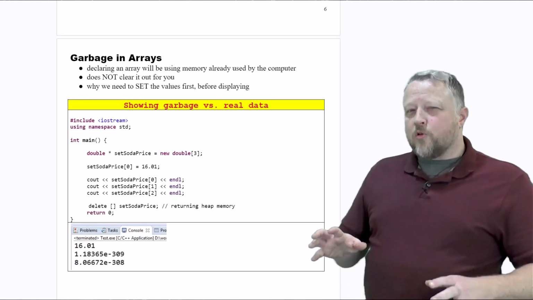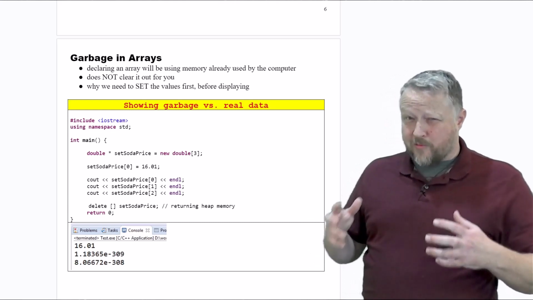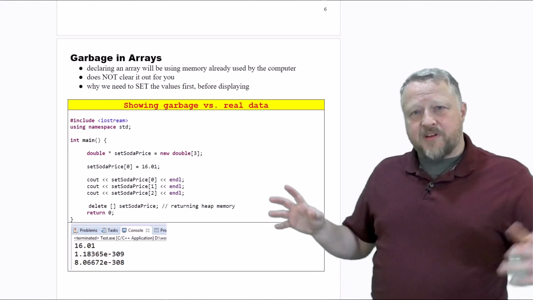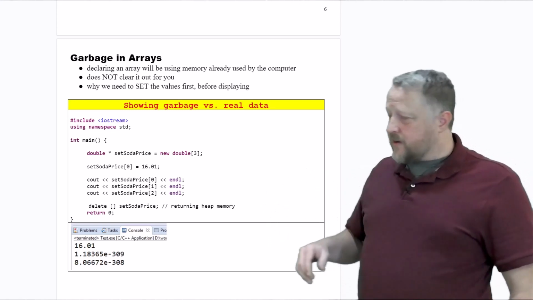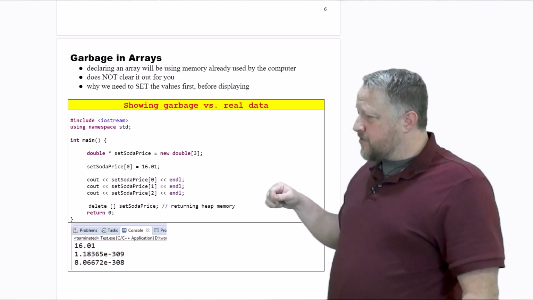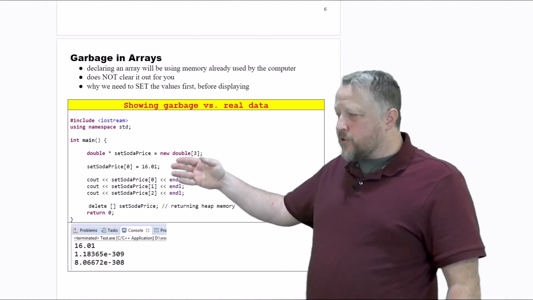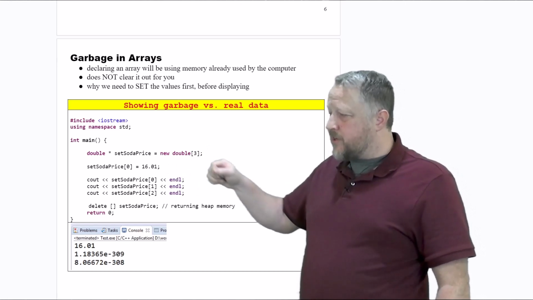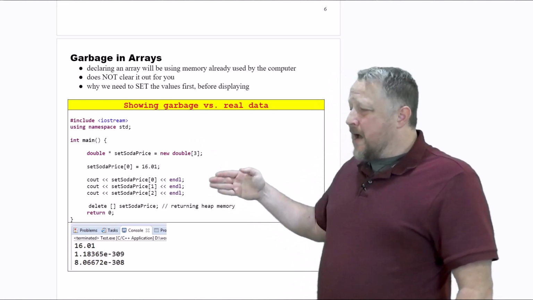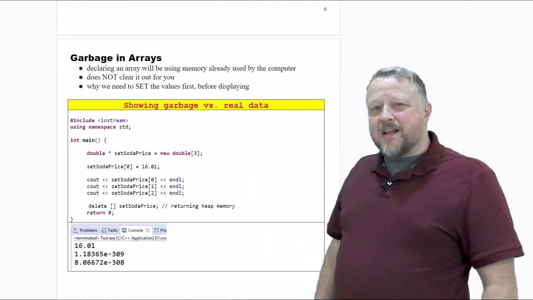Just to prove the point about putting values into an array beforehand before you really start displaying items, let's pretend we just didn't. How about that? Or specifically, I created an array that only has 3 items in it. They're all going to be of some type of double value. I went ahead and set the first item in the array to 16.1, and notice I said the first one because that's index 0. I did not place any other values in there, and I went ahead and then counted